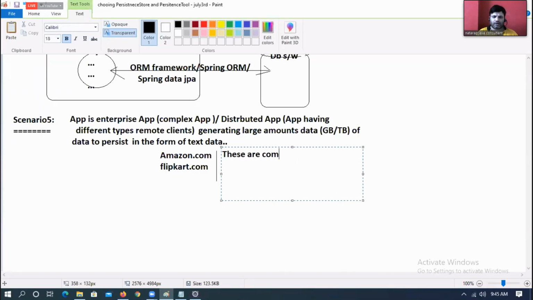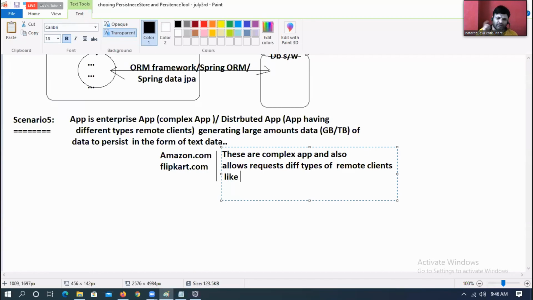These are complex applications and also allows request from different types of clients, different types of remote clients.